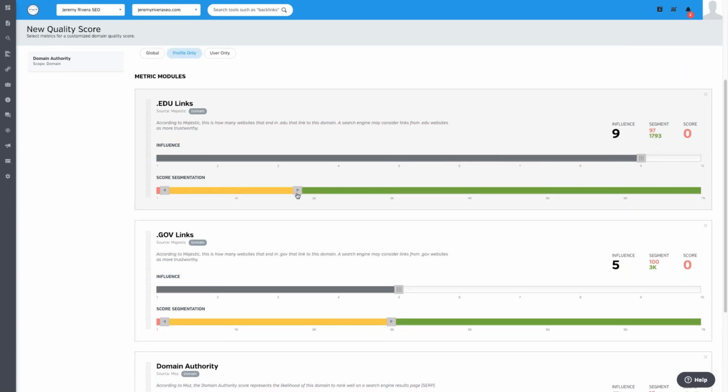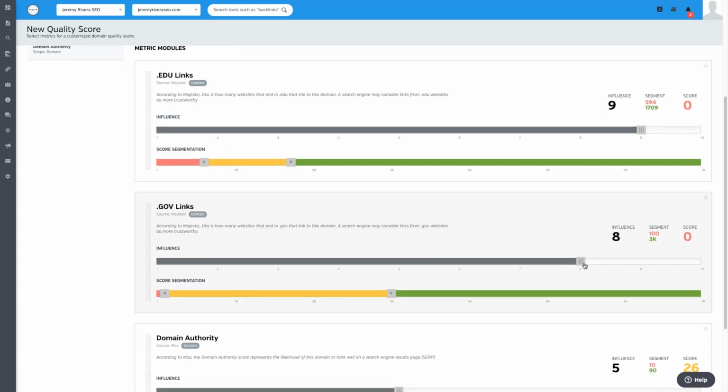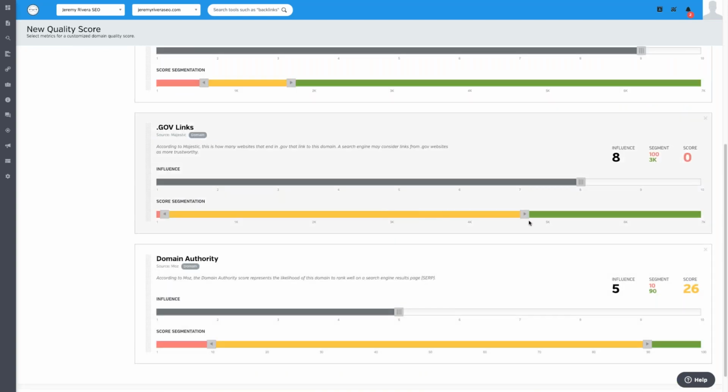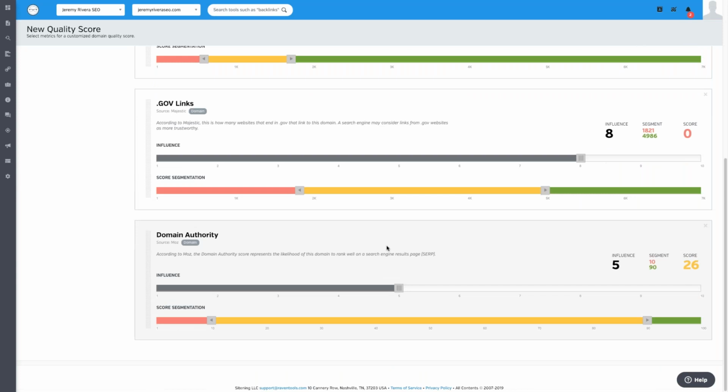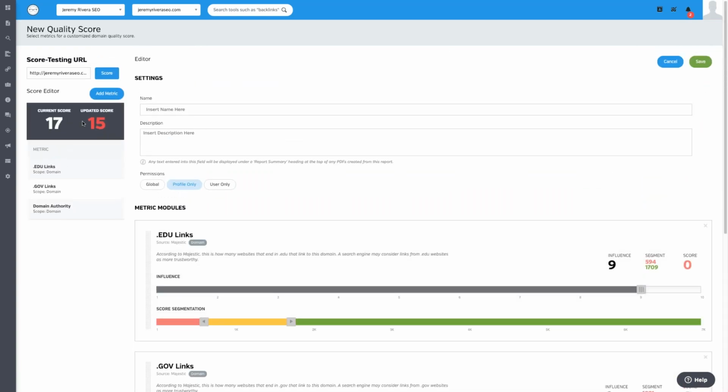And if it's below this level, then it's red. If it's above this level, it's green. In between, it's yellow. This way you can create a customized score report. You can use this as a sales enablement tool when you're talking to potential customers and you want to show them a report that says, hey, your site's stinky based off of these metrics that we know a lot of information about. You can come up with that custom